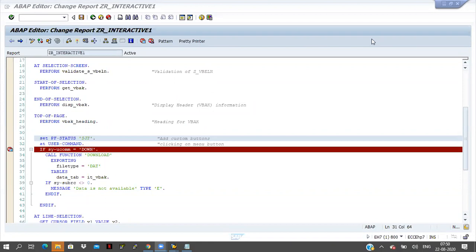Which event will trigger by default? I'm not using any events in my report, but still it will trigger one default event. What is that event?